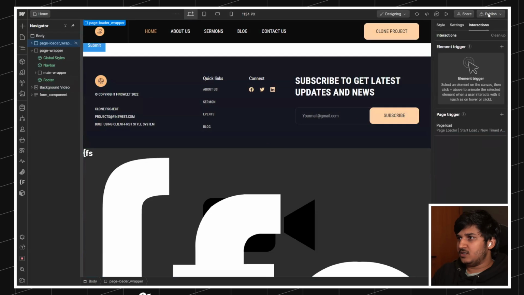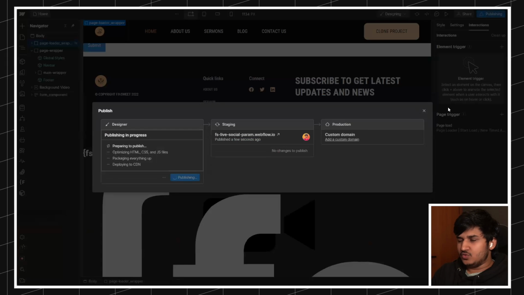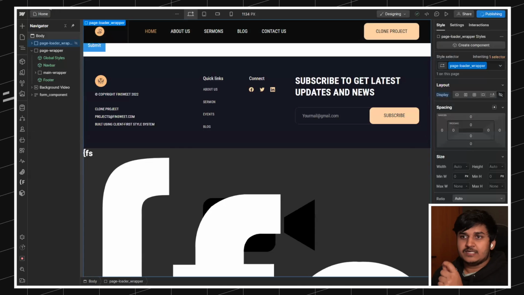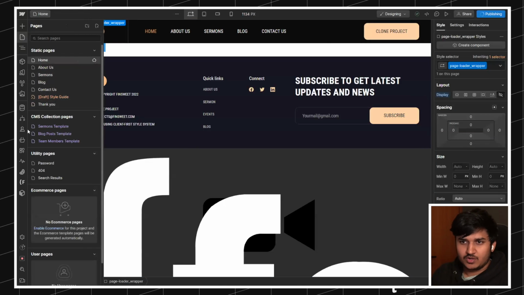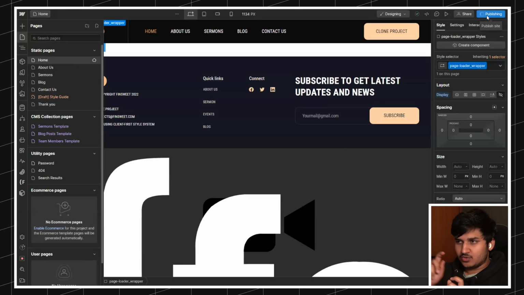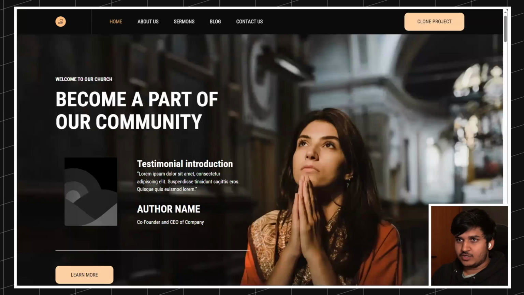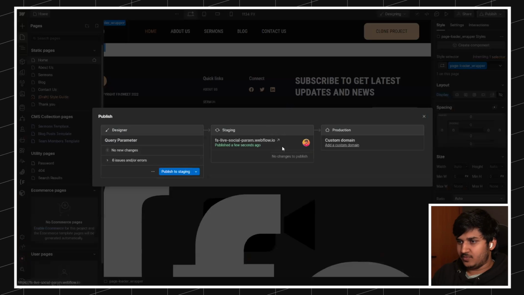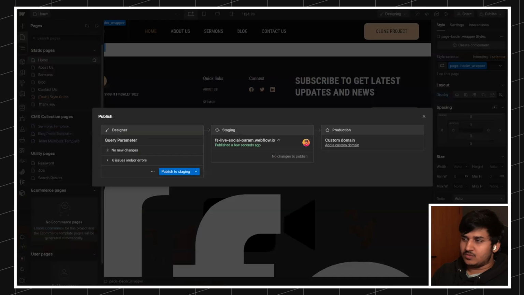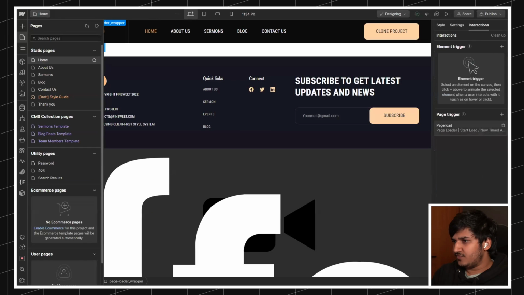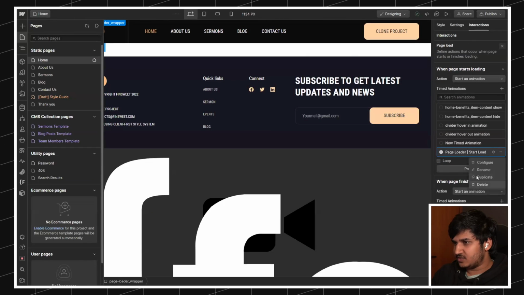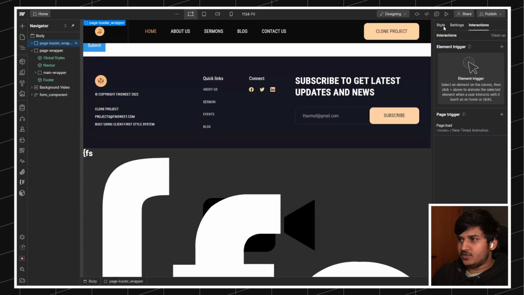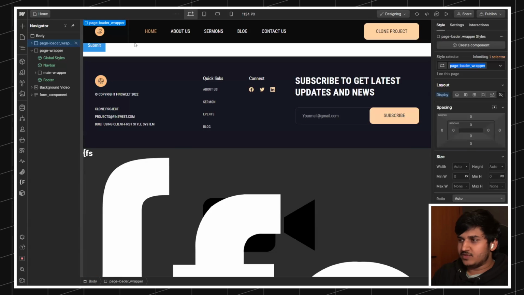Also, one thing you could do is you can also add a small CSS in the page or in your project settings so that the loader is visible by default. But let's see, moving it to the top, if it removes the issue. Let's open the page from here. Okay, so now let's simply remove that interaction. It's not helping a lot. Cool. And what I will do is I have moved the loader to the top,